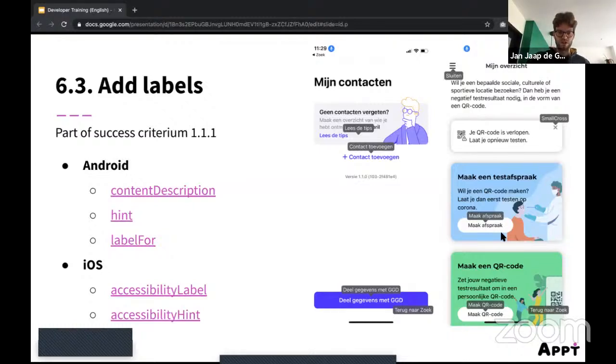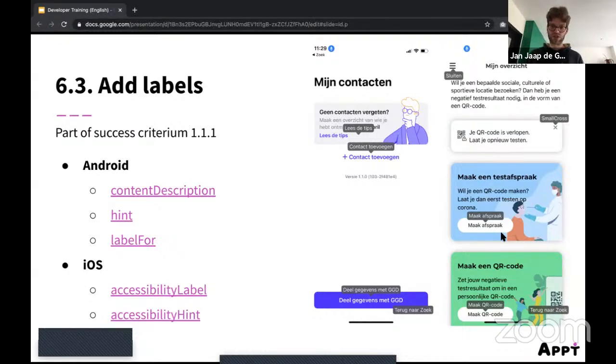On iOS, it's called accessibility label, which is exactly the same as the content description. So same name, but they work exactly the same. And then you have accessibility hint, which works a little bit different than the hint on Android, because on iOS, the accessibility hint is only used for assistive technologies. But on Android, the hint can also be shown to people that are not using assistive technologies.